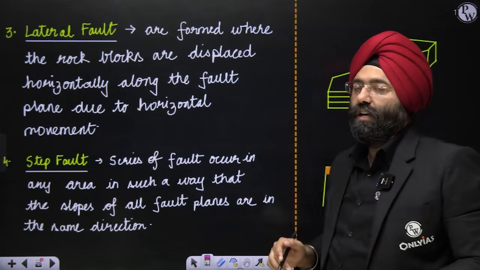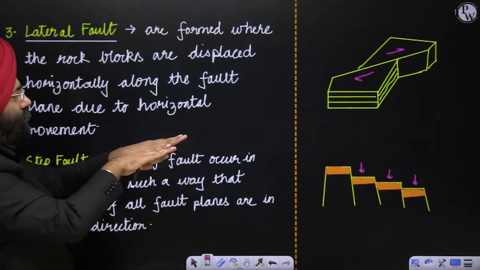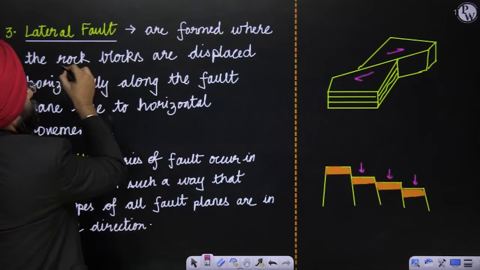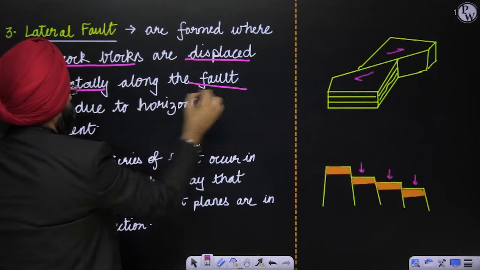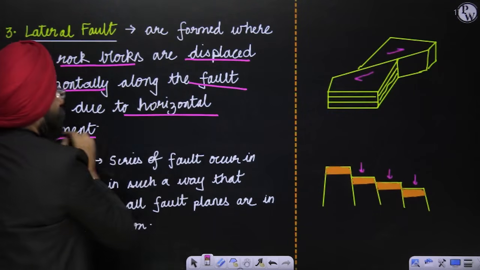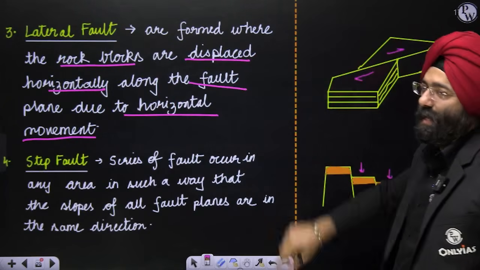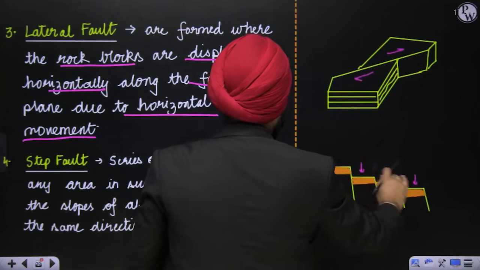Lateral fault, in which you realize that these two blocks are sliding along each other. These are formed because the rock blocks are displaced horizontally along the fault due to horizontal movement. So they are basically sliding along each other. Clear? Step fault. Now step fault is very interesting, where you see a step-like structure is formed because of the